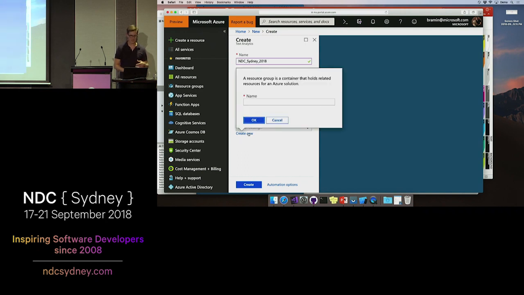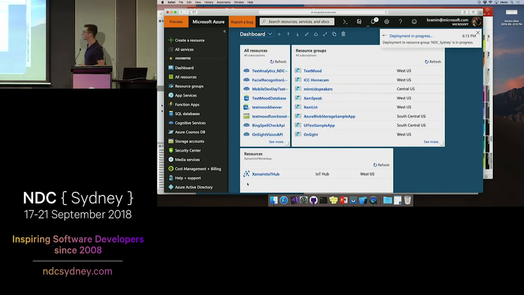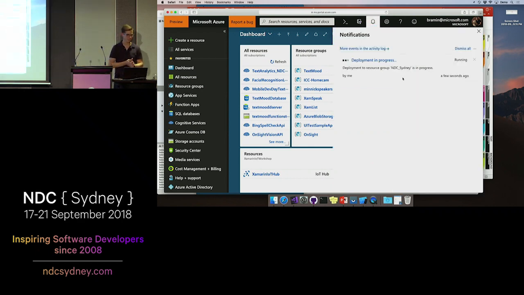And then the last option is just to create a resource group. Like we said, everything in Azure is called a resource. And what you can do is put those resources into folders, or resource groups. So if you're building an app that maybe has a SQL database, maybe an API, maybe a hosted website, you can put all of that essentially in the same folder, which Azure calls a resource group. So we'll just name this one NDC Sydney. Why not? And we'll click create. And so right now, Azure is spinning up my custom text analytics API just for me. So let's give that a minute to spin up. It shouldn't take more than a few seconds, hopefully.